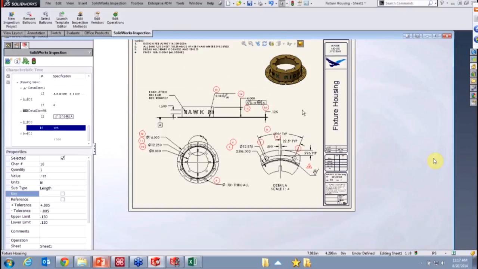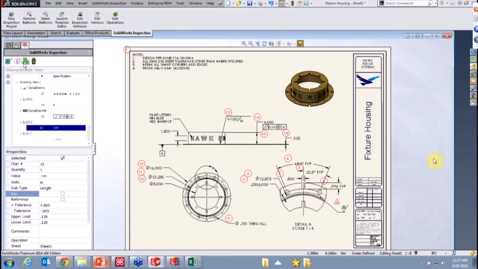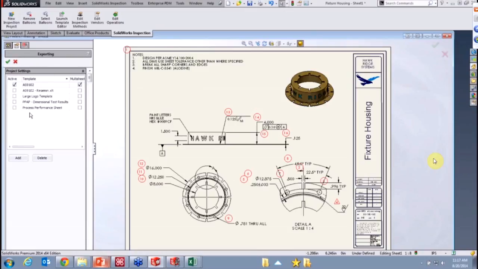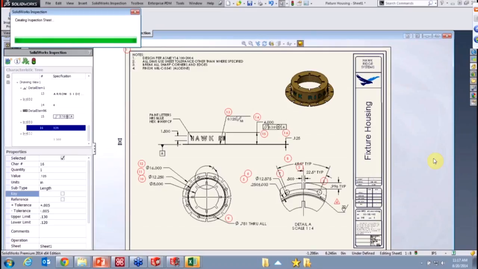So once we've got this all set up, then it's time to export. Export to Excel. And out of the box, you'll get all of these, not this second one on mine, that's for something else, but you'll get the AS9102, the large logo template, PPAP, and process performance sheets. And you can kind of play around with these. They just give a different format in the Excel output that you're getting. So if I click the OK,